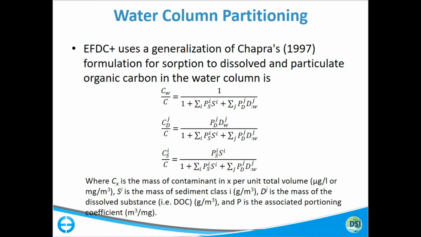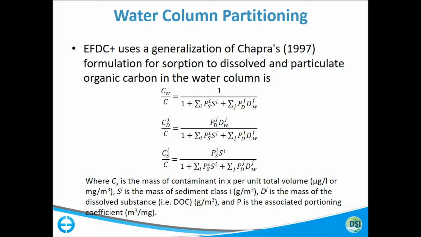So every sediment class has its own concentration. And then over here you've got the fraction of the solid, or the constituent that is attached to the dissolved phase. So this is the partitioning coefficient to the dissolved phase organic carbon, or DOC. Although this refers to a class of DOC of J,